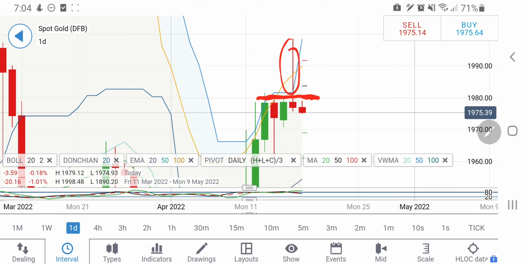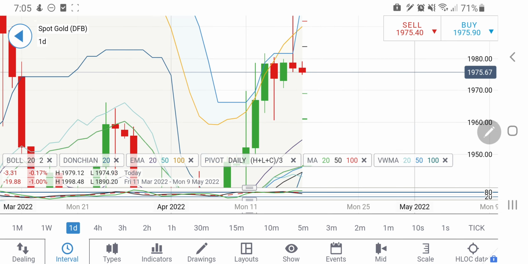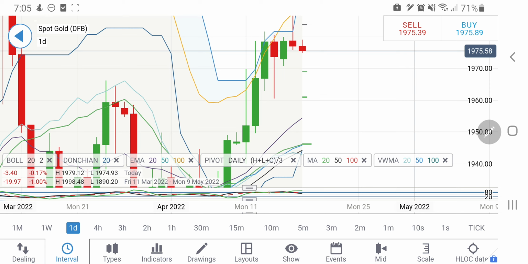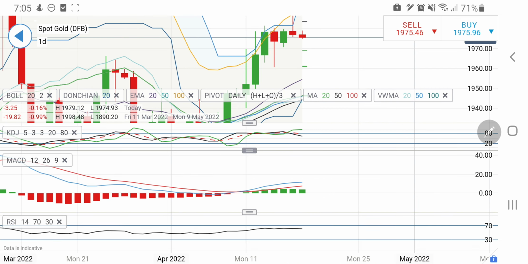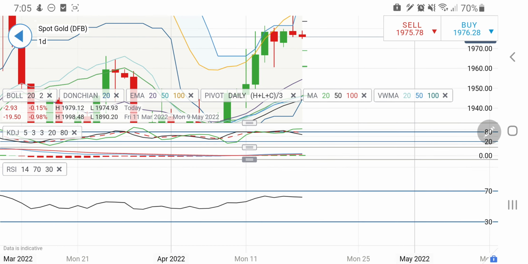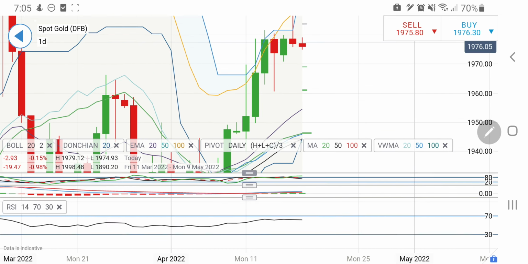However, till the time it is below 1980, it may always try to come back towards the 1970 and 1967 zone. Till here I will be watchful of gold's movement today, and probably any drop below 1967, it may try to drop further on the downside towards 1960 and 1950 levels, which are going to be strong support zones for gold. Now look at the daily stochastic. With one drop, it has come down to the comfortable zone. It was overbought here. MACD is still on the buy side, however trying to converge, and RSI is not showing any signs there.